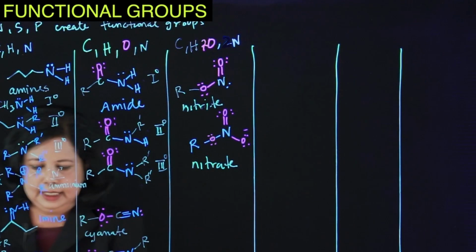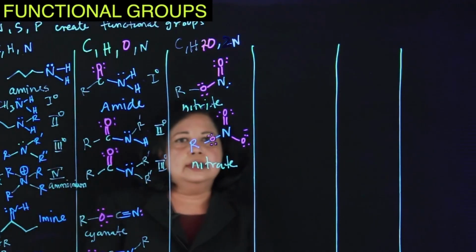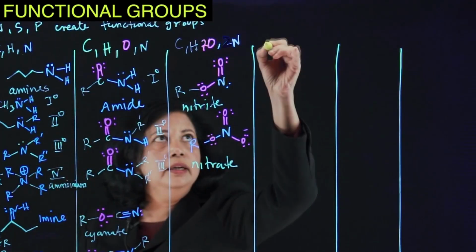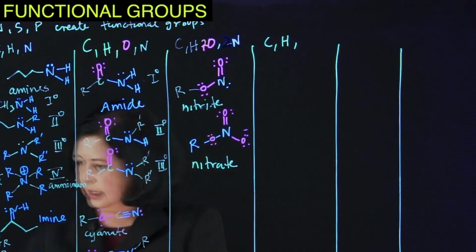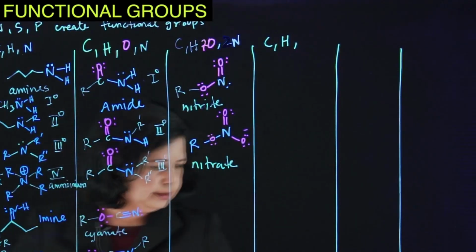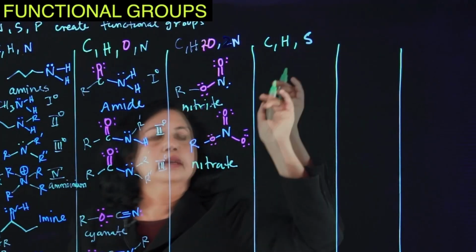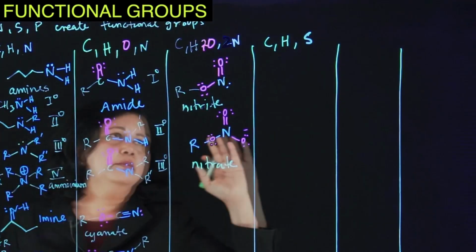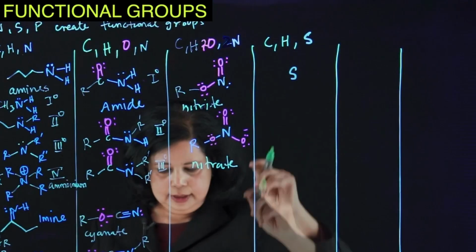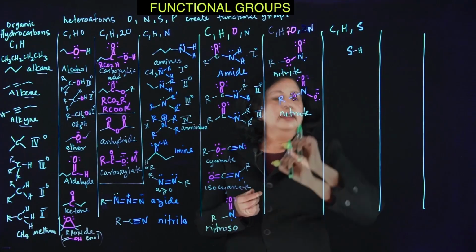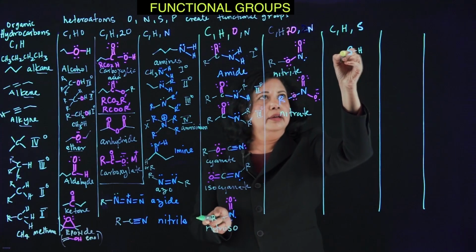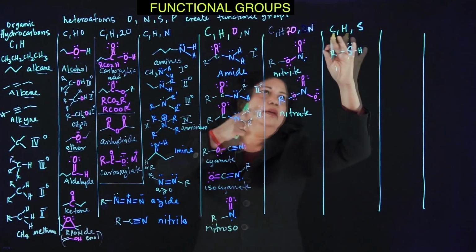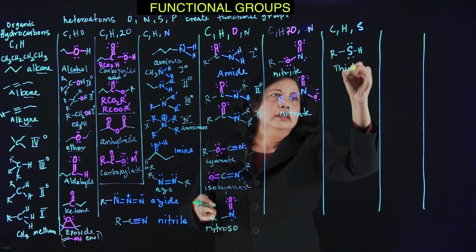Well, we can have a sulfur. So let's look at some sulfur compounds. So if you look at some sulfur compounds, so carbon, hydrogen, and sulfur. I'm not sure if you can see the difference between the green and the yellow, but it is a yellow color. So sulfur can be just a simple SH, and it can come with an R group. And this is like an alcohol. They're both group 6. It's like alcohol, but now with the sulfur, it's thiol.